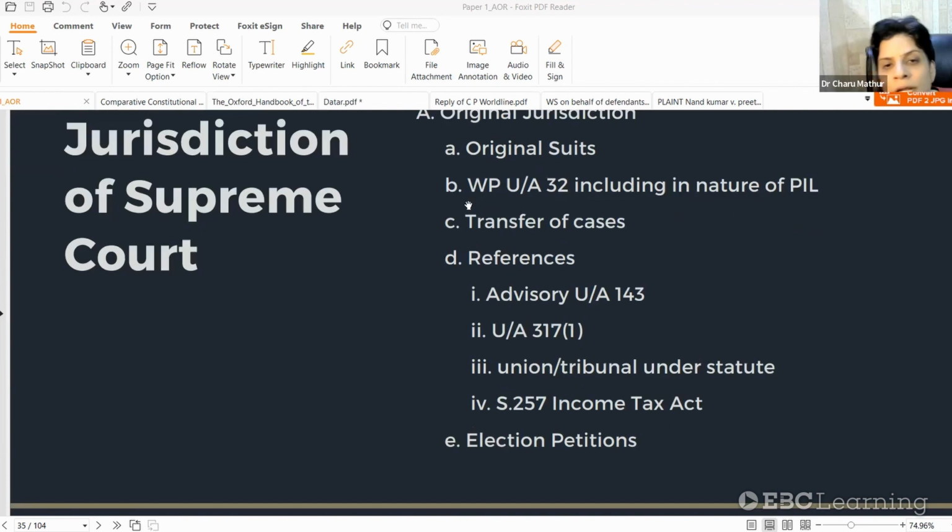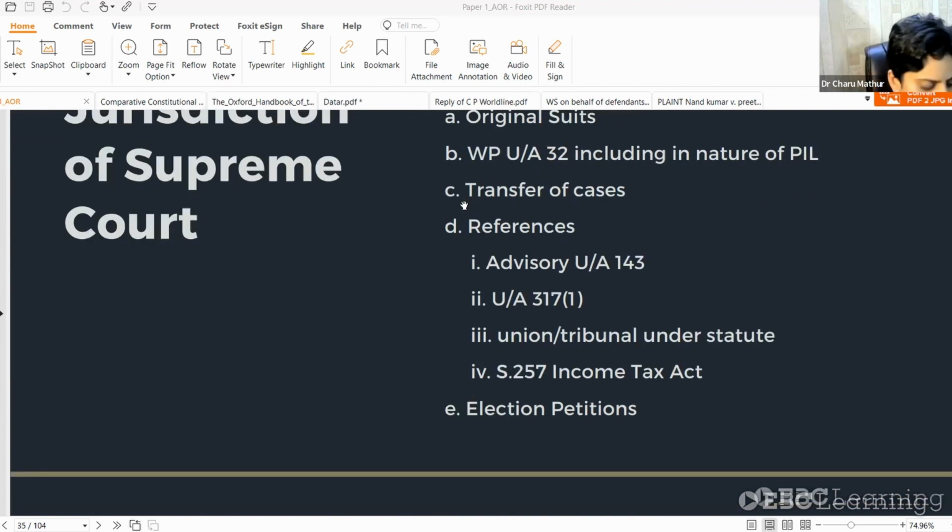Now, another important thing that we see in the Supreme Court is the transfer of cases. Now, transfer of cases can happen under various categories. First, if it is a civil matter, then you file it under Section 25 of the CPC. And if it is criminal matters, then you go for Section 406 CrPC. Now, this is available only for interstate transfer, because why is this power given to the Supreme Court? This power is given to the Supreme Court because again, you have to look upon the federal structure.